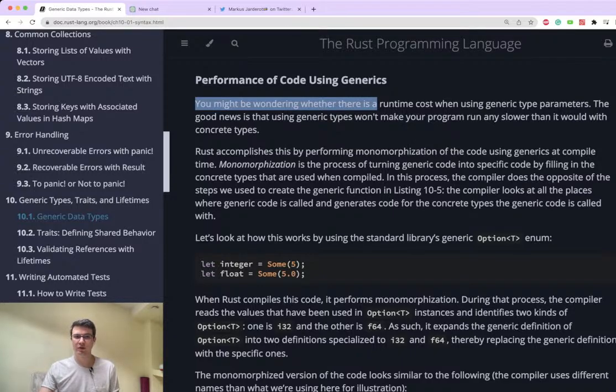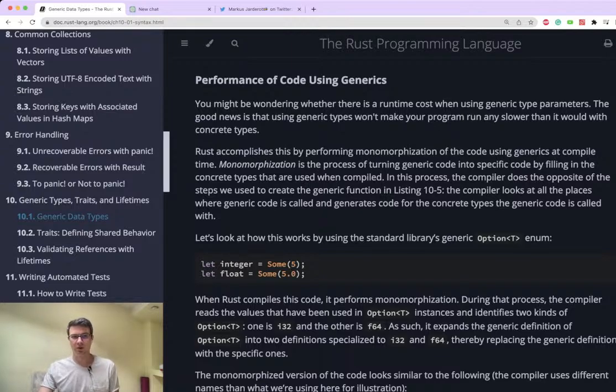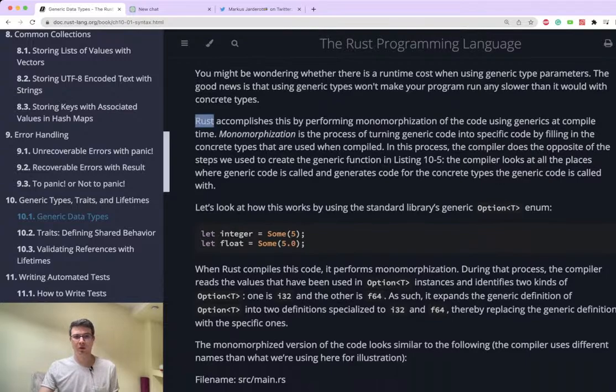The good news is that using generic types won't make your program run any slower than it would be with concrete types. Yeah, this is what my thought was, and I was really wondering why there is a performance topic at all. Rust accomplishes this by performing